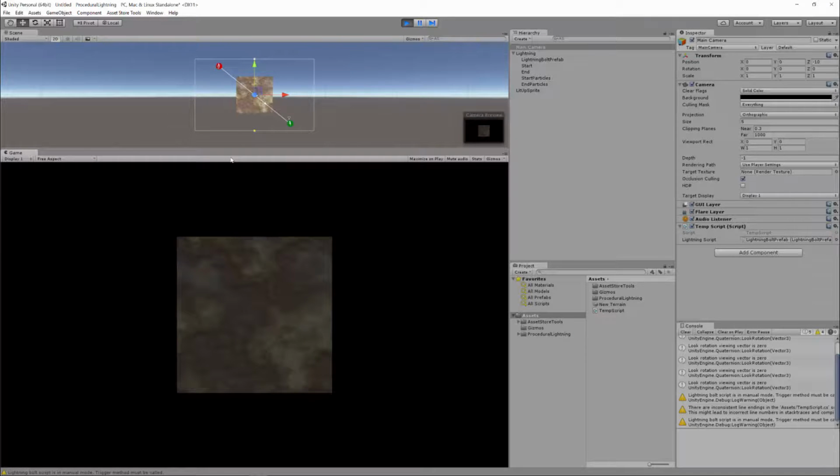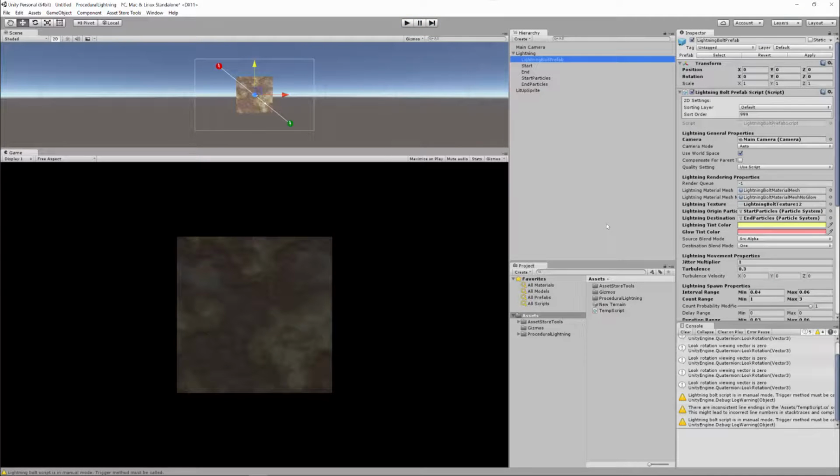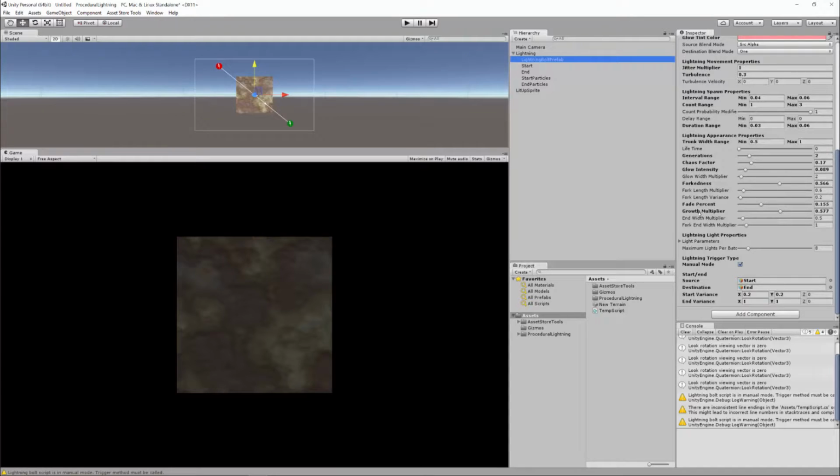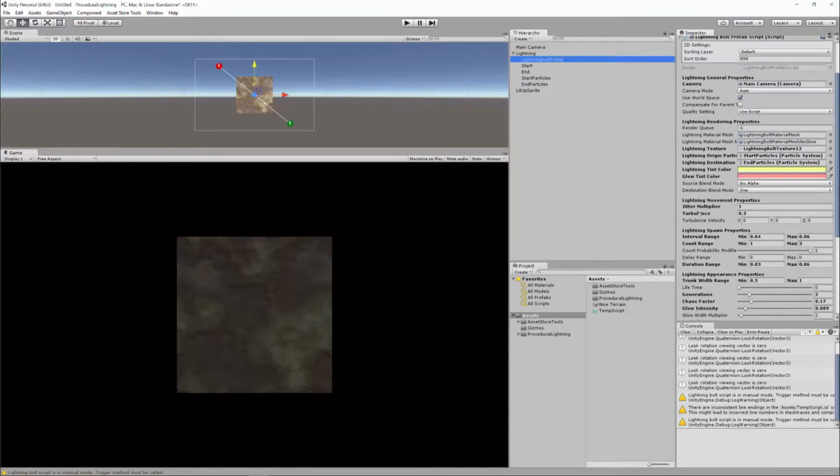I've gone through all the configuration options for the prefab. I've talked to you about performance and using custom textures and how to tweak the appearance during play mode. Ultimately though, if you have any more questions, email